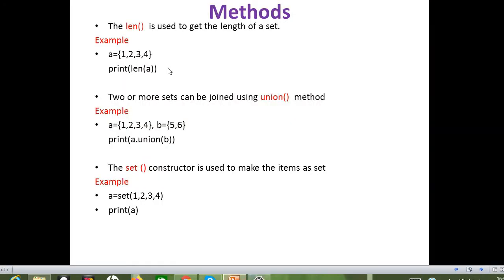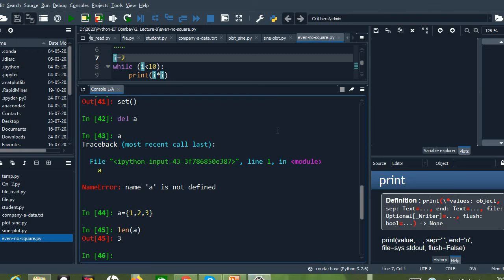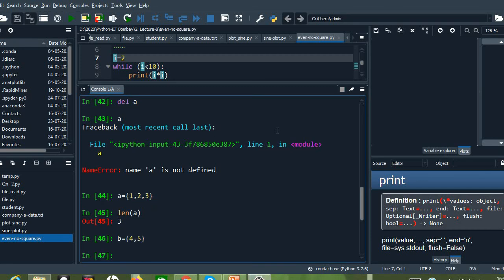Okay. So next we have the union method. This union method will join 2 sets, right? So 2 sets will be joined together using the union method, like our concatenation, right? So already we have A. Now let me create a set B. Inside that I am giving the values, right?